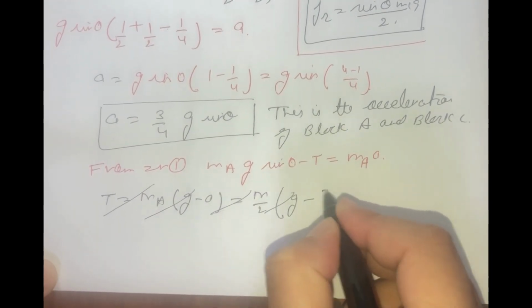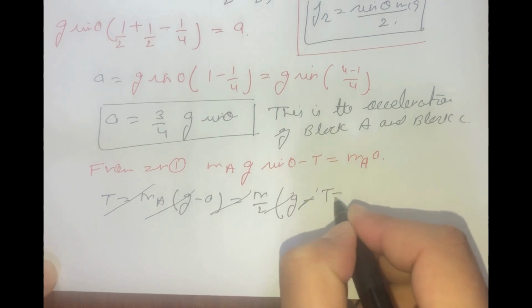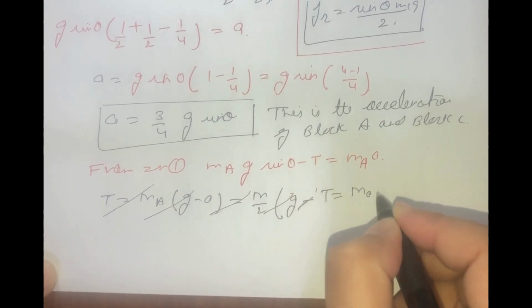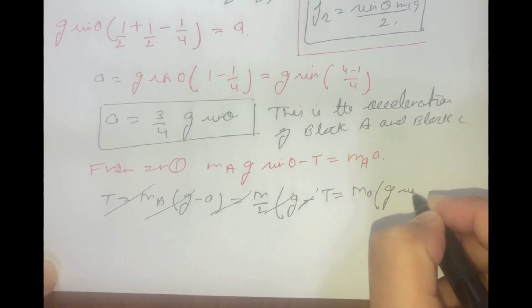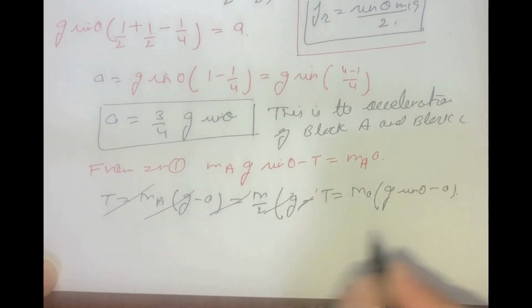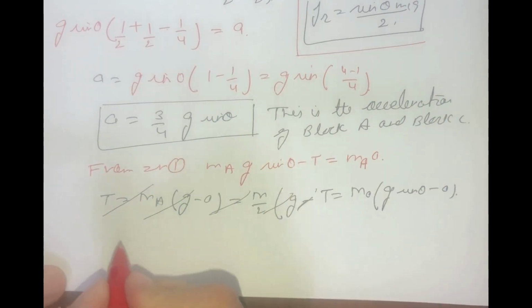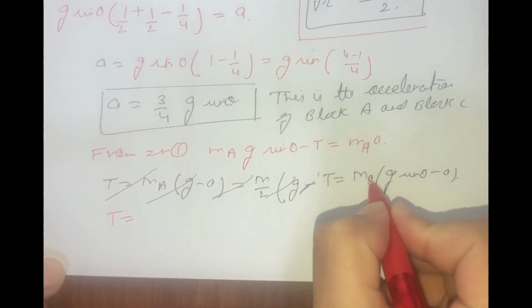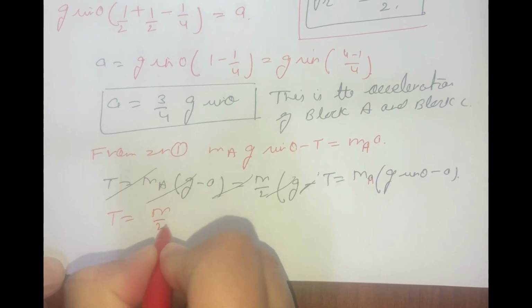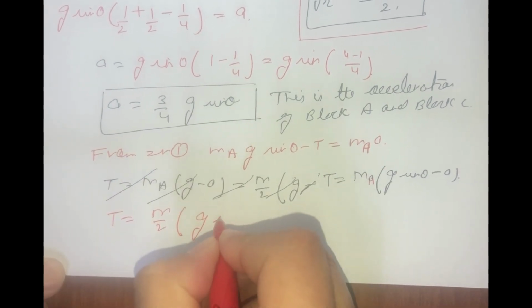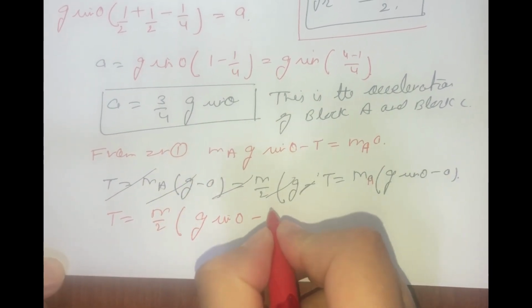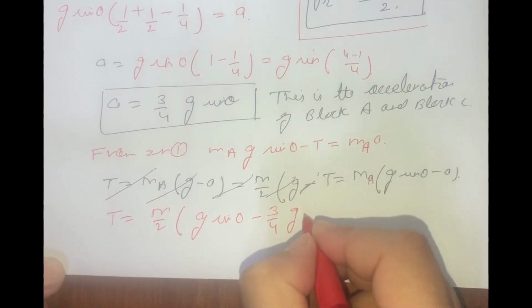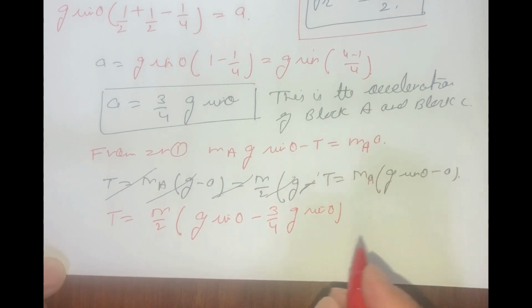So we get T is equal to g sine of theta minus A. So from here we write T is equal to m by 2 g sine of theta minus 3 by 4 g sine of theta,